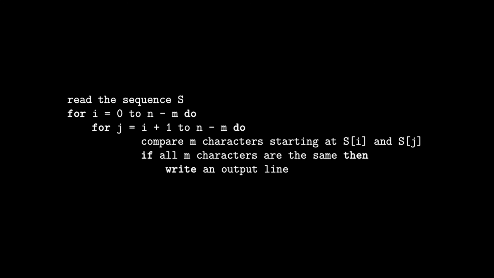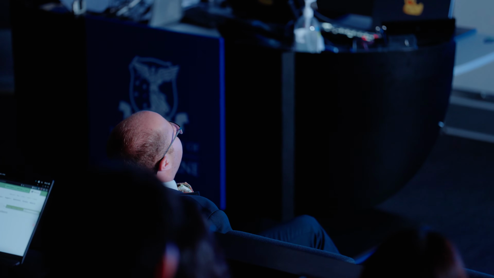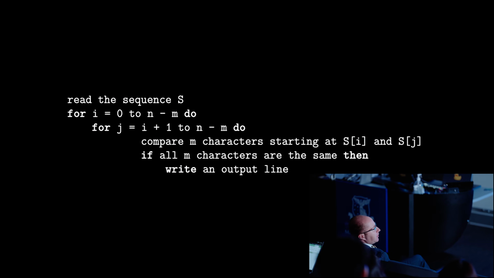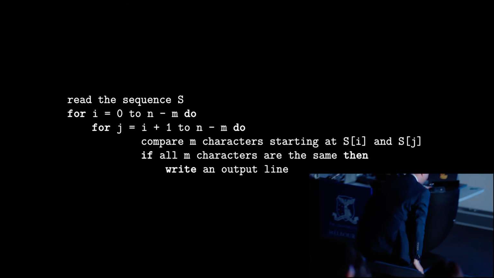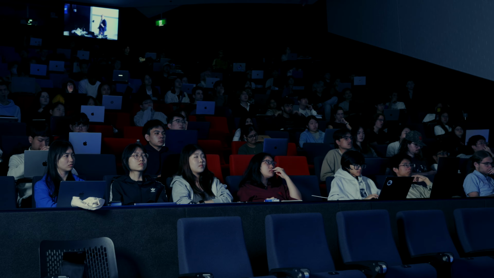Another way of doing our analysis, besides what Tom did for us before, is to look at the written description of the algorithm and try to figure out concretely what is taking a lot of time. If we look at our algorithm here, we can see right off there's a double loop, so we have 2 loops. Inside the double loop, we have something that also takes a bunch of steps. This compare m characters step is going to take at least m steps if we're going to compare m things. And this is happening over and over again.